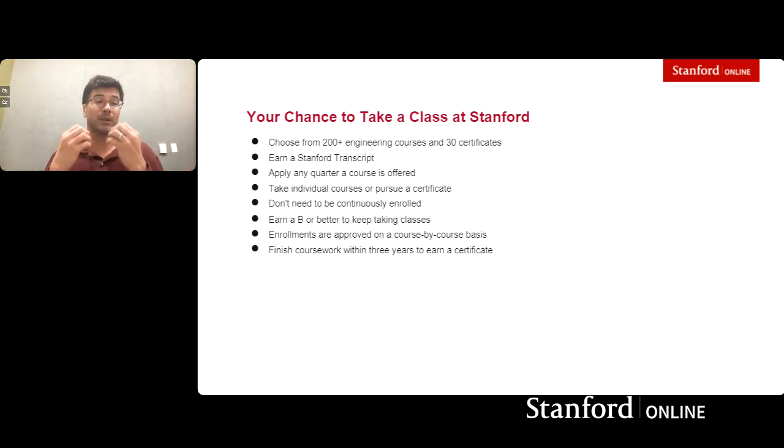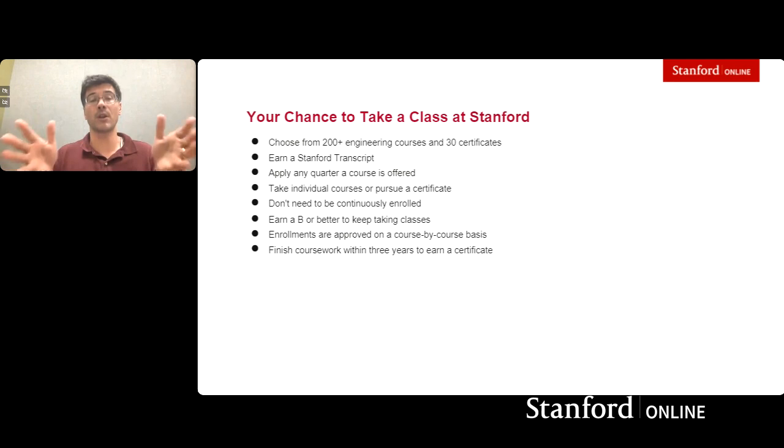So what are these credit-bearing courses? Every year, Stanford Online, the Center for Global and Online Education, extends about 200 of the engineering classes that are happening on campus. We open them up to individuals like yourself to apply and enroll in those classes, on a course-by-course basis. As I said, if you're accepted and you take the course, you're doing all the same work as the on-campus students. You're following along, maybe joining office hours over Zoom, joining the chats, and watching recordings of the lectures that are happening on campus. So you're engaging in the same way that most of the on-campus students are, and you're just a student in that class.